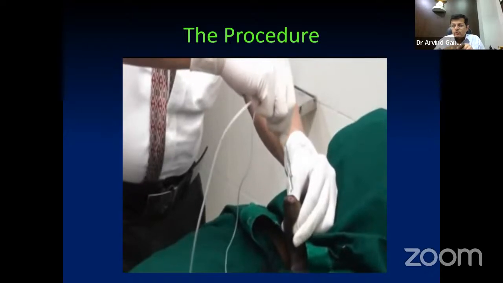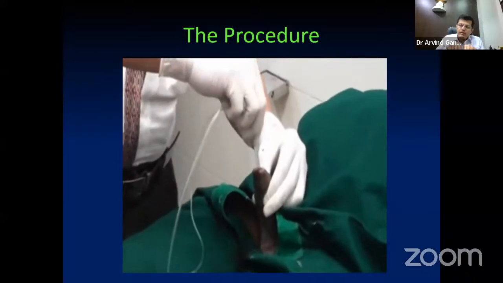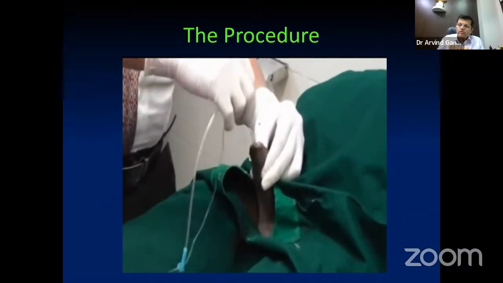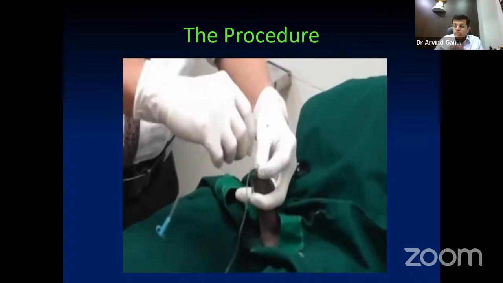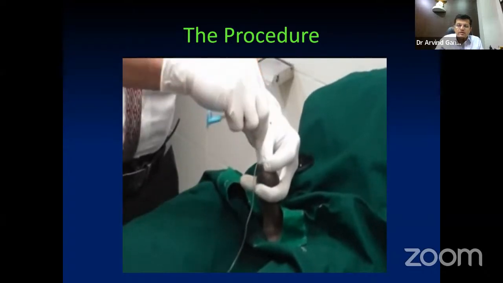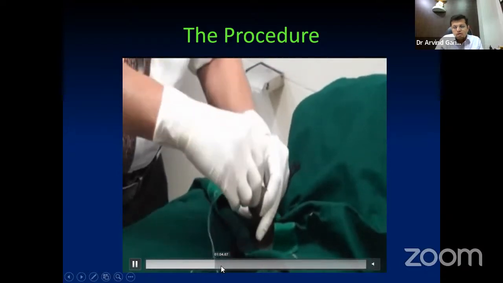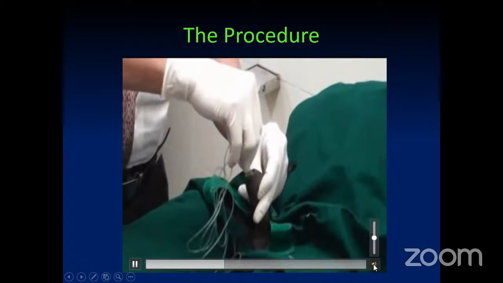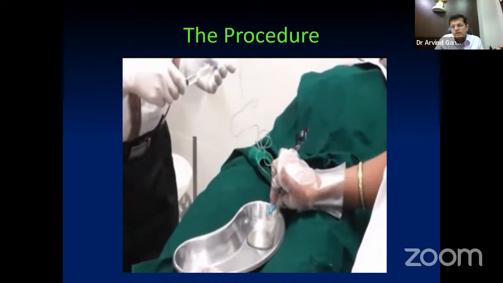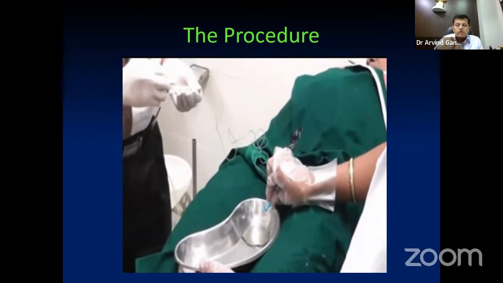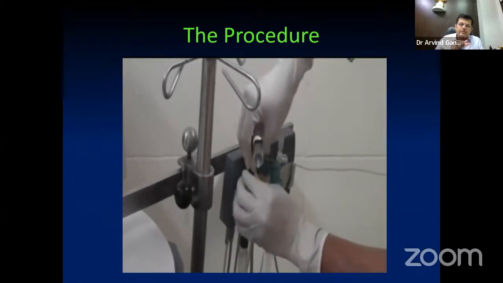So as you saw in the video, as the tube was being inserted, the smaller tube was piggybacked into the hole of the larger tube. In that way, both the tubes simultaneously go inside, and you should make sure, before you calibrate and go ahead, that both tubes are properly inside the bladder. You should make sure that this is done in the least traumatic way possible, because if you cause any trauma at this point, the invasive urodynamics would not be representative, and the whole exercise would be a failed exercise.